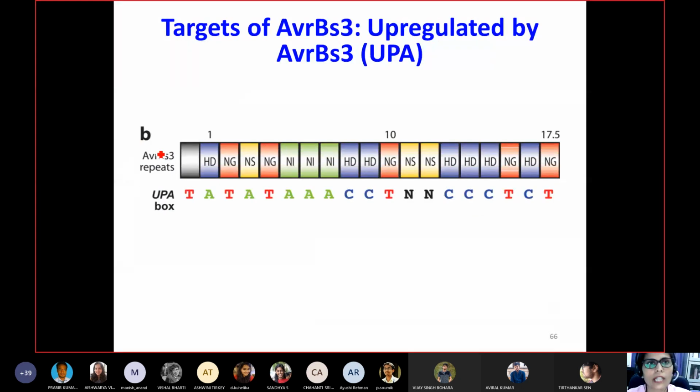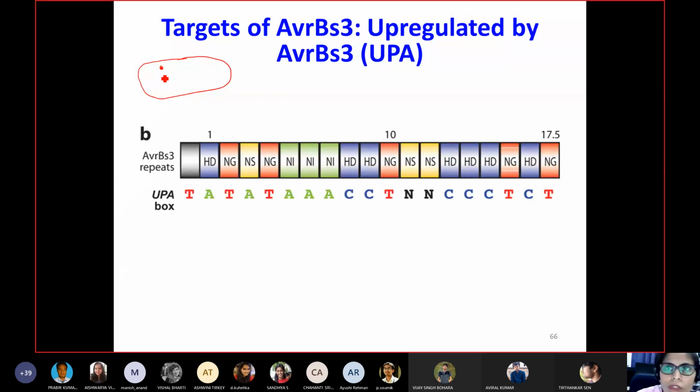It has been found that once it enters into the cell, it actually gives upregulation of some kind of proteins. These proteins were basically either auxin or alpha expansin. These kinds of proteins, like expansin or auxin, help control cell enlargement, basically of mesophyll and other things. So basically it is using the protein for its own benefit. That means it will infect more, and it actually upregulates those kinds of genes. Especially, it was found that the UPA box was the direct target of AVR